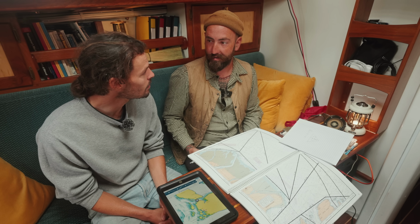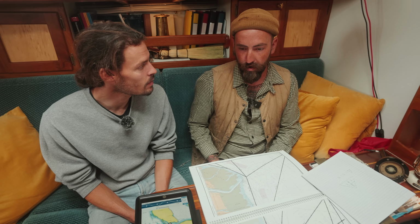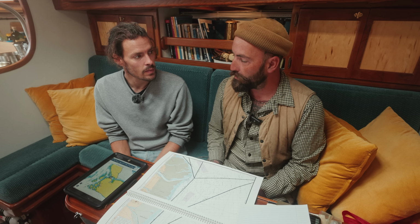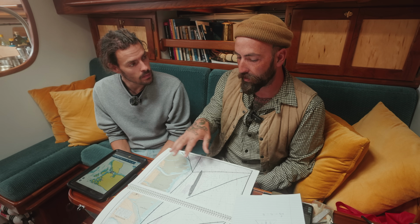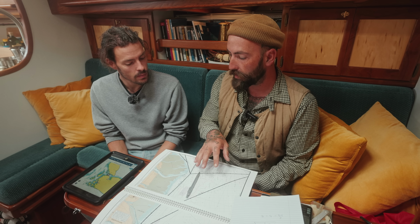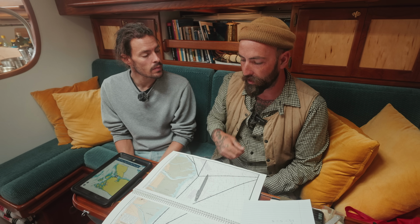Now check weather. If it's a northwest over 20 or 25, you know it's going to be lumpy. If it's a southeast, you'll have the wind on the beam, and if it's 20 knots it'll be a little lumpy, but it'll be delightful. You'll go fast. And if it's light or variable, you're motoring. It's pretty straightforward. Around here you get 2 predominant wind directions. Occasionally you'll get an easterly or a northerly, but...